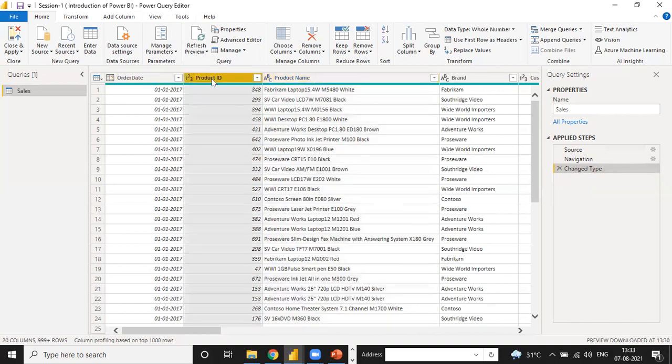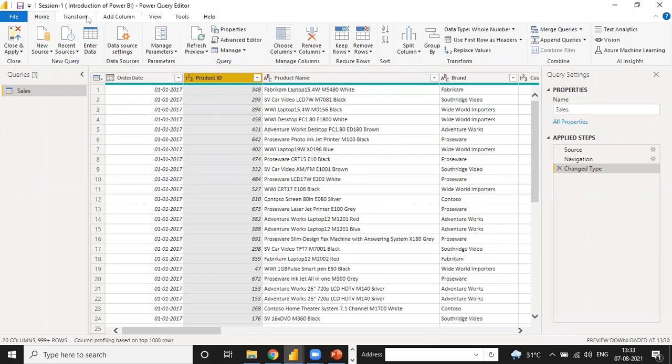Suppose you remove any column by mistake, you can directly pull your report back at any time. Suppose right now you delete this column, and tomorrow you need this column back, you can directly go to the transform steps under this query, click on the red cross next to the column removal step, click cancel, and your column is back. These are the main skills in the Power Query editor.